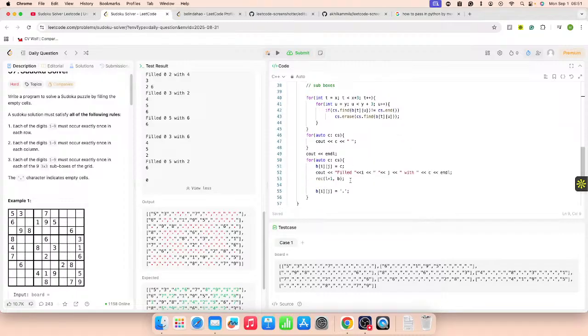So if we are not filling it with anything, in that case, what we have to do? We have to just return, right? No, no, no. In that case,